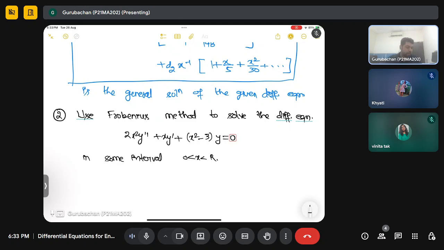So again, for this question, if you observe, x equal to 0 is a regular